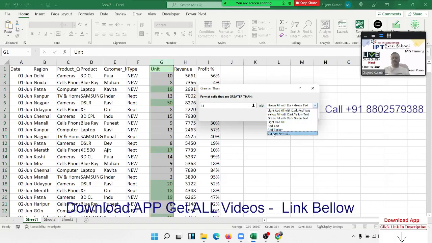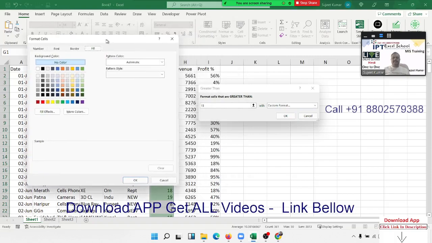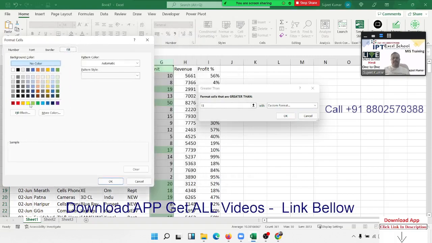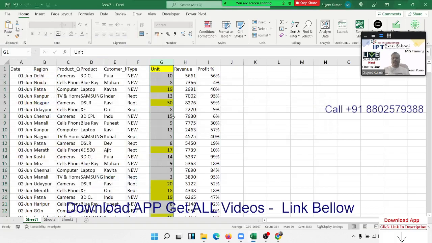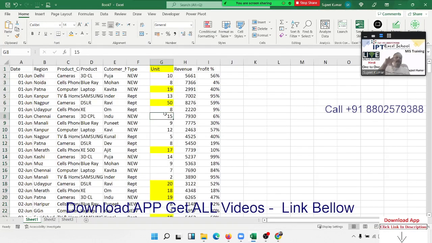Otherwise, click on custom format. Here is the level for your formatting. Just like we have selected the yellow color, and now press OK. Every number greater than 15